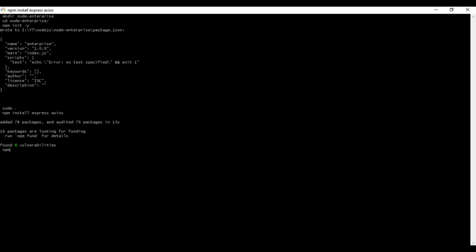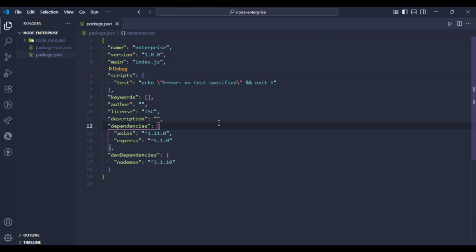Then type npm install --save-dev nodemon, then enter. Nodemon is a developer tool that restarts the server automatically whenever we change our code. This makes development faster. So installation is completed for the three packages: Express, Axios, and Nodemon. Then again go to VS Code, then make a file